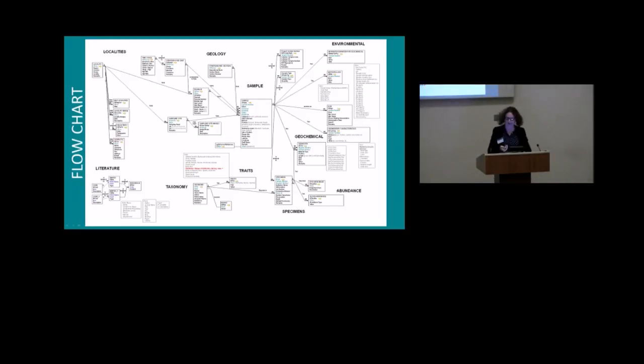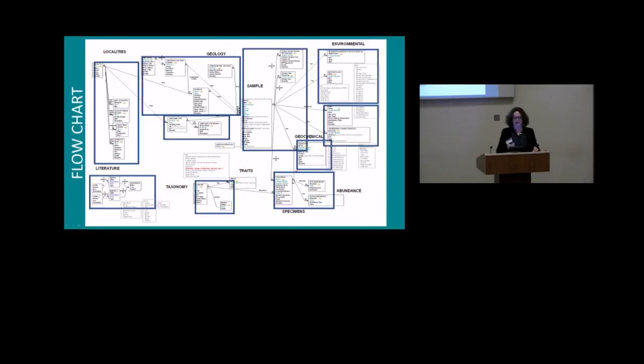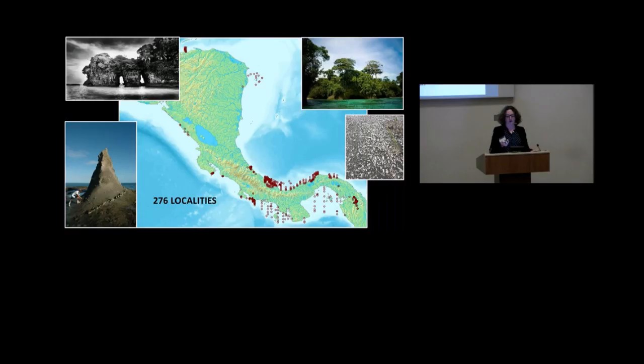Well, you don't see anything here, but this is the flow chart of our database. We have the categories that I mentioned before, within those categories the tables for each category, and then the relationships within and between tables. The relationships are used to extract data from several tables at the same time, and these relationships can be one-to-one, one-to-many, or many-to-many. At the moment, we have entered into the database 276 localities that include modern and fossil